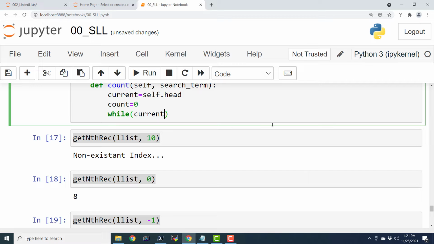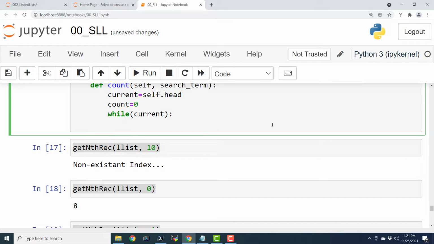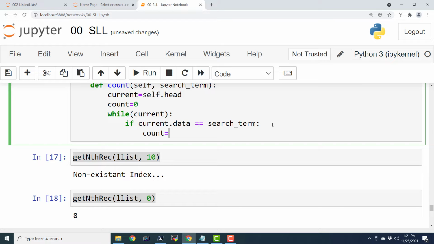current, I mean as long as the temporary node is not null or we don't find the empty part, if current.data equals to search term. So here we are checking if the data part of our current node is equal to the search term, and if it is like that, then count equals to count plus 1.